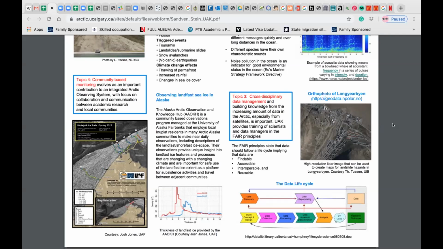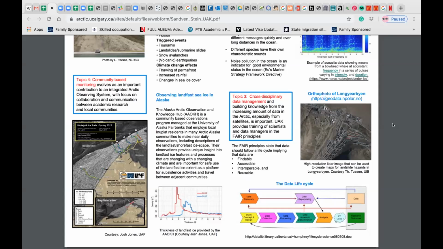And the lower left figure is an example from Alaska, where local people are collecting sea ice thickness data from the fast ice going out from land out to the drift ice area. And this is an example of very practical data collection, which is very important for the local communities, because the fast ice is really a transport mechanism. They use it for transport in the winter time.